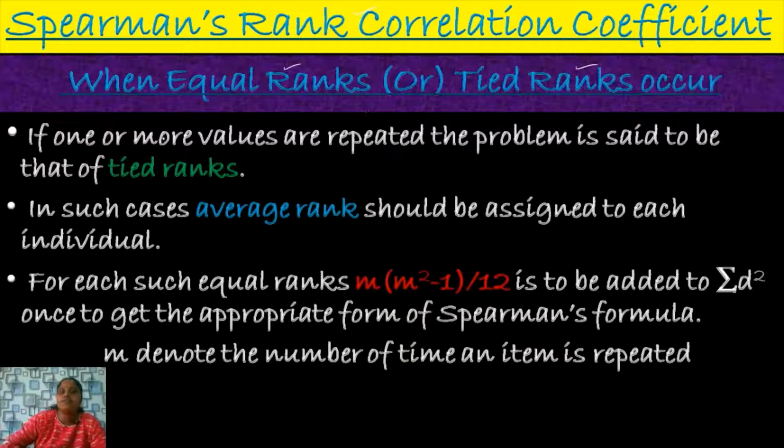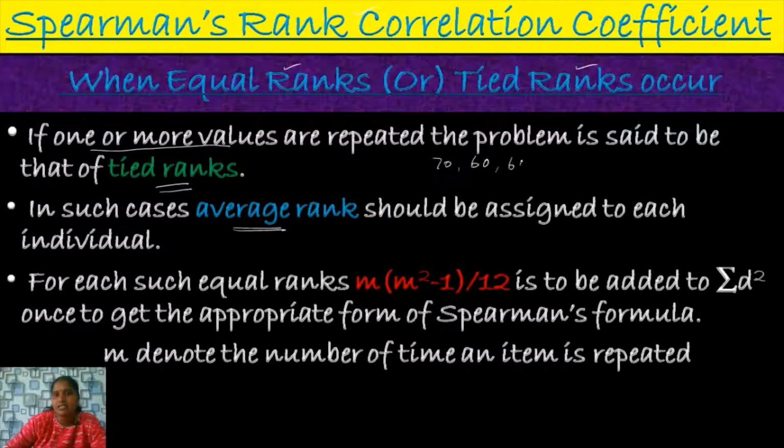If the given values are repeated, then that problem falls under the case of tied ranks. If any value is repeated 2 times, 3 times or 4 times like this, then this is a problem under tied rank. So how do we resolve the tie between the ranks? You have to give the average rank. By assigning the average rank, you break the tie between the ranks and proceed as usual. For example, let me take